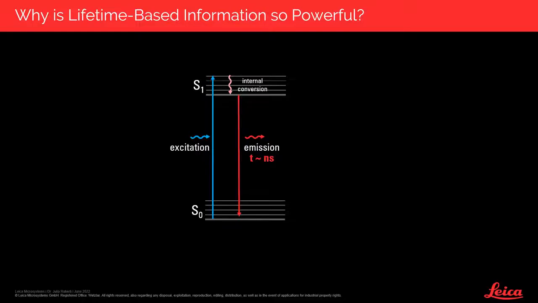So I mentioned that tau-STED is possible thanks to the unique STED and lifetime capabilities of our Stellaris system, and the question now is why this is so. Why is lifetime-based information so powerful? And the answer lies in the heart of the fluorescence emission process. So let's take a closer look, and for that I have this simplified Jablonski diagram in which we can see